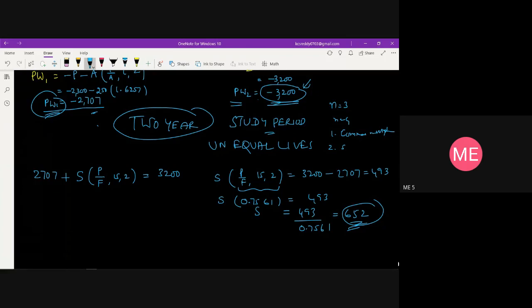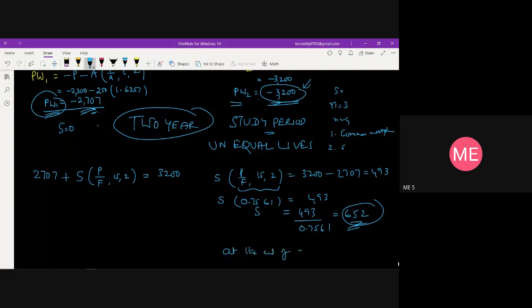Okay, so that is why asset 2 is taken, even though the present worth amount minus 3,300 is the lowest, we are not preferring A1. It is not preferred because the resale value for asset 2 is greater than asset 1 at that particular time period, because here the salvage value in this case is 0, but we are calculating the salvage value in this case because at the end of 4 years,